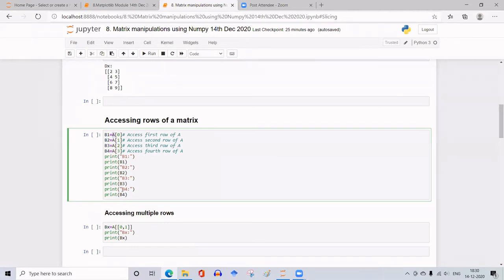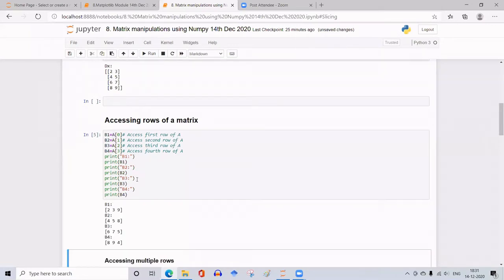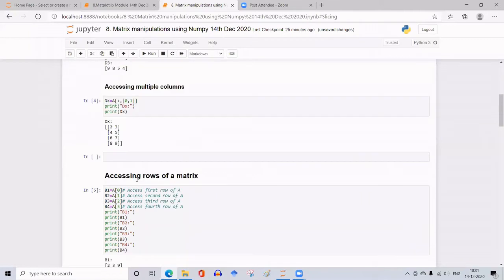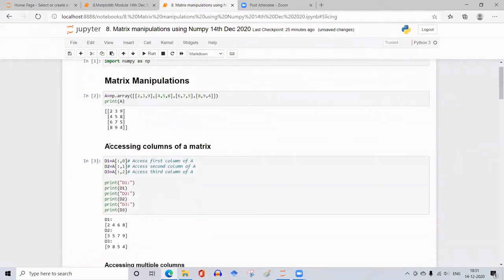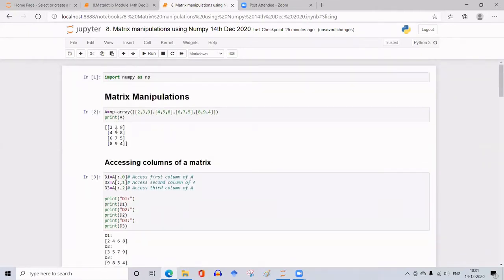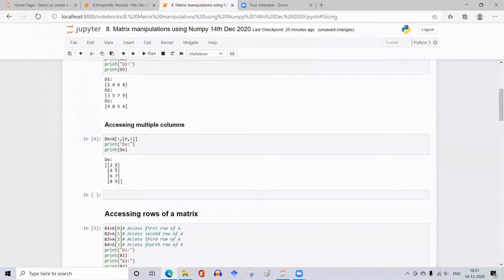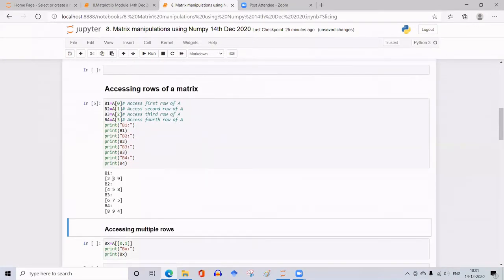And I've given the statements to print those vectors with the designation. Okay, so the first row is 2, 3, 9, then 4, 5, 8, then 6, 7, 5, and 8, 9, 4. These are the four rows which are extracted.